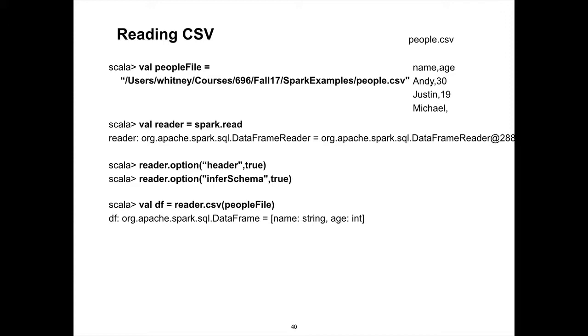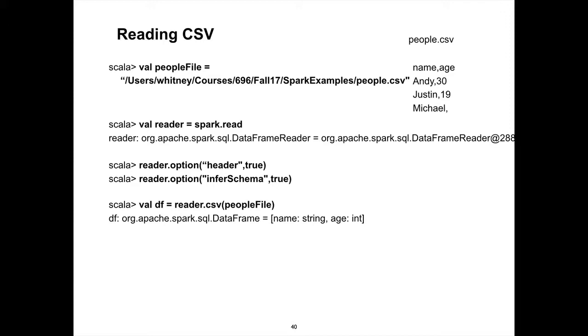So in this case, we can do things like, okay, we're going to get a reader and then say, well, look, yes, there's a header on this file. We'll treat that as the name of the column. And then for the schema, it's trying to figure it out, and it's going to look not at the first row, because the first row is just the header, but at the second one and say, well,